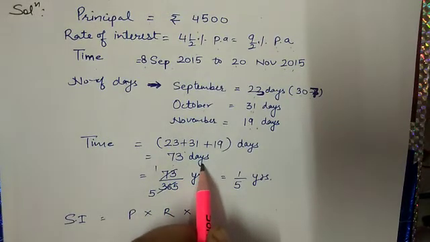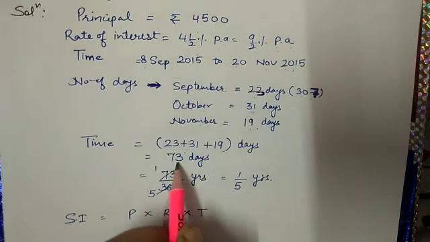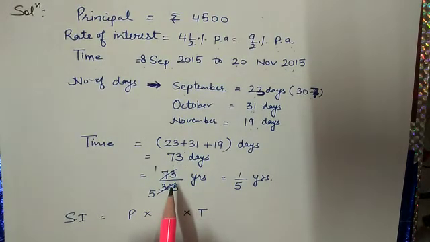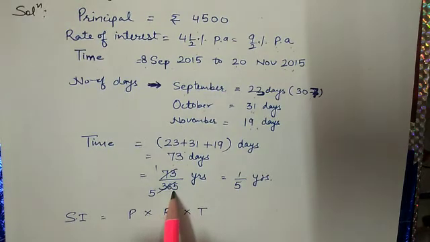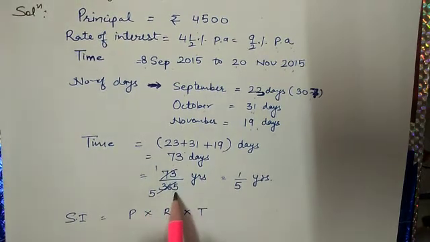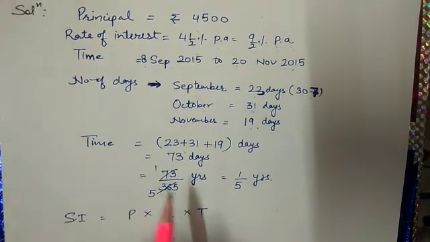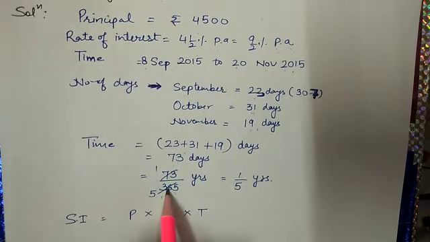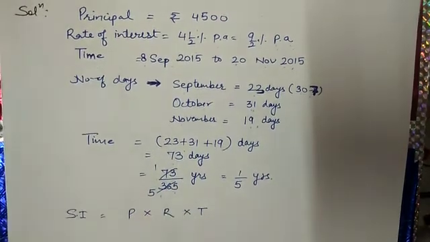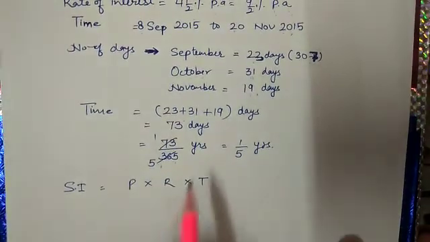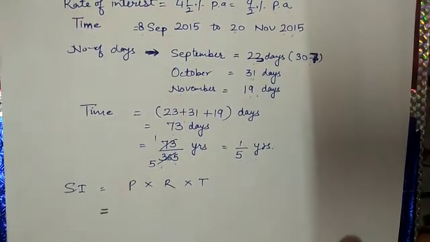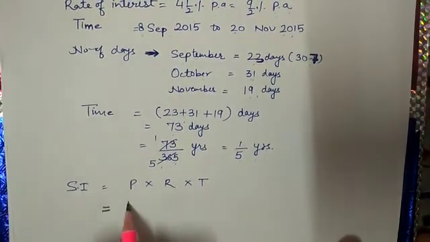And I just told you a few minutes back, 73, 146, 219, 292 and 365. These are the first 5 multiples of 73 and very useful for us. See here, 73 ones are 73 and 365 is 73 fives. These two numbers are given to us, so we can do the cancellation here easily. It became 1/5 year.